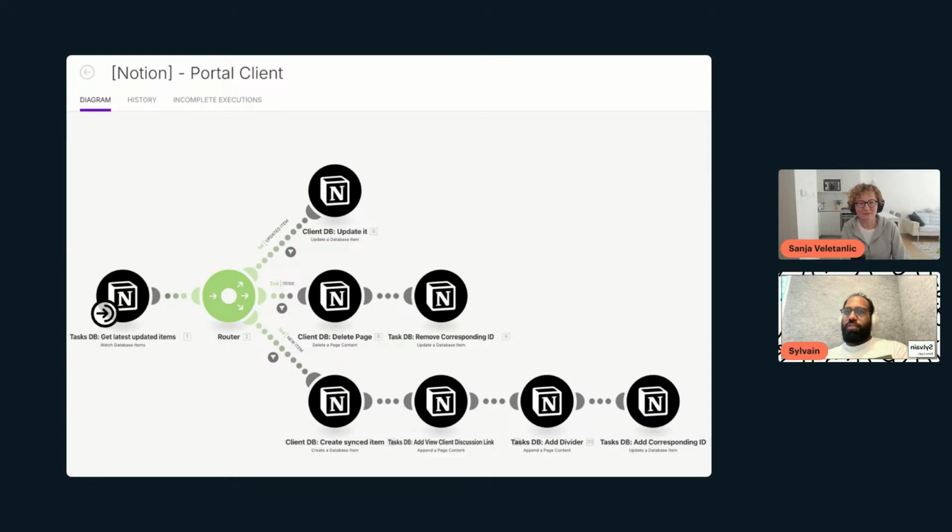So this is something you need to think about after you build your first scenario, to think about how I can optimize, because it could be a nightmare to have a scenario that works pretty well, but is really expensive, and you are not getting the same ratio of value for the money. So this is the second thing I'm thinking about, and after that I'm trying to host my automation on my self-hosted N8N now.